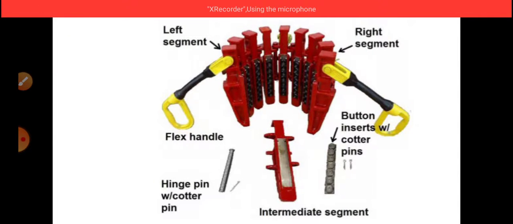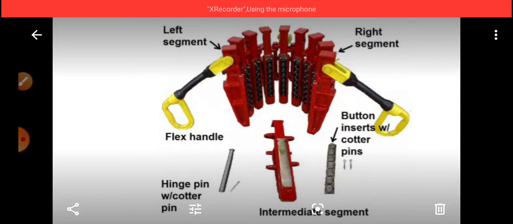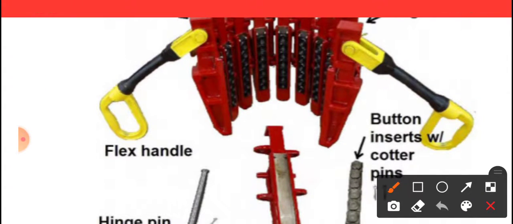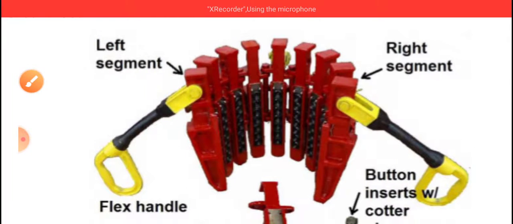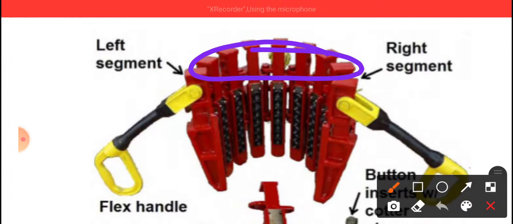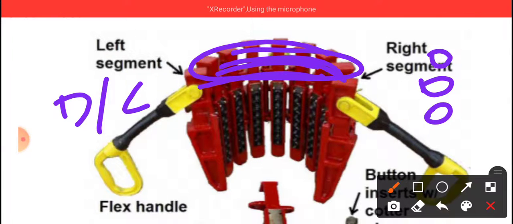This is also a drill collar slip. The major difference between the casing slip and the drill collar slip is the gap. These button-shaped segments are not continuous up and down; there is a small gap available. So wherever you see this type of slip, it is only for drill collar slips.